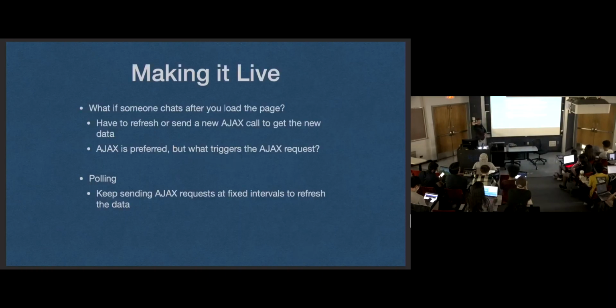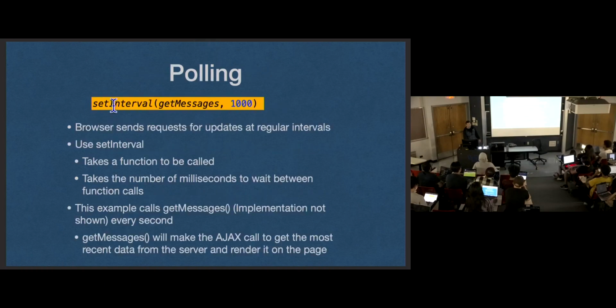And we have one other issue. When we're receiving data, how do we get data to our site? Somebody sends a chat message. I want that chat message. What mechanism do we have? Because with our toolbox right now, we don't have much. But we can send an AJAX request that says, hey, give me the latest messages. But how often do we send that message? And more importantly, do we wait for the user to take an action to send that message? Does the user have to click refresh chat every time? Hell no, that's boring. Not boring, but that sucks. That's a sucky user experience. We're going to use polling using the setInterval method in JavaScript. Give it a function and a time